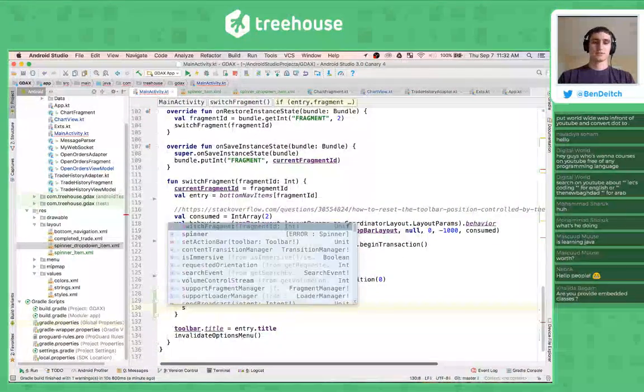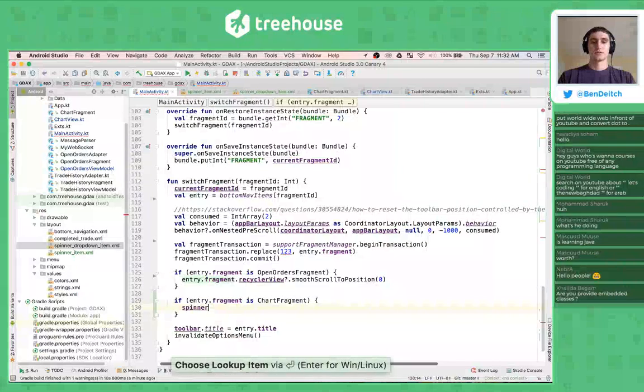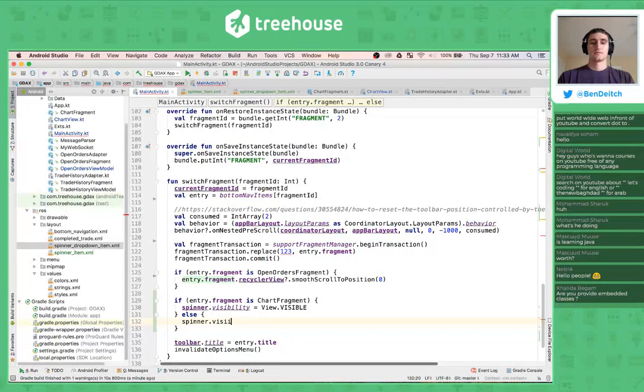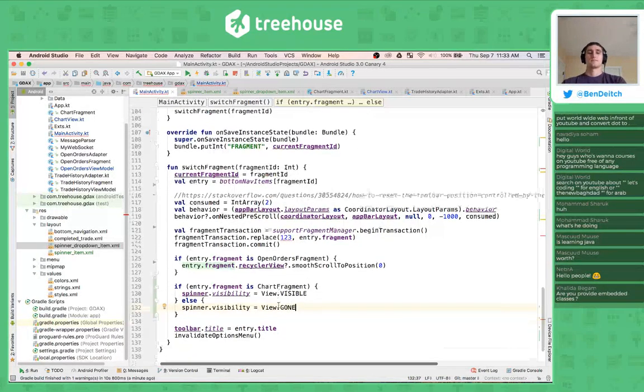Started with an S. Spinner dot visibility visible else, and actually we can write this better. Hopefully it'll visibility equals view dot gone. Give that a